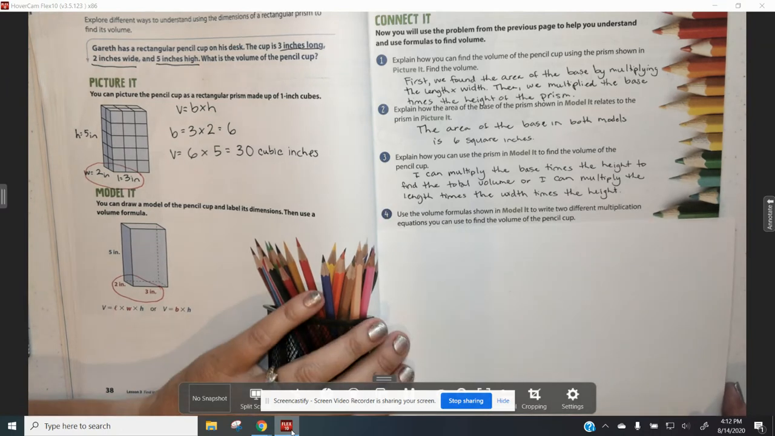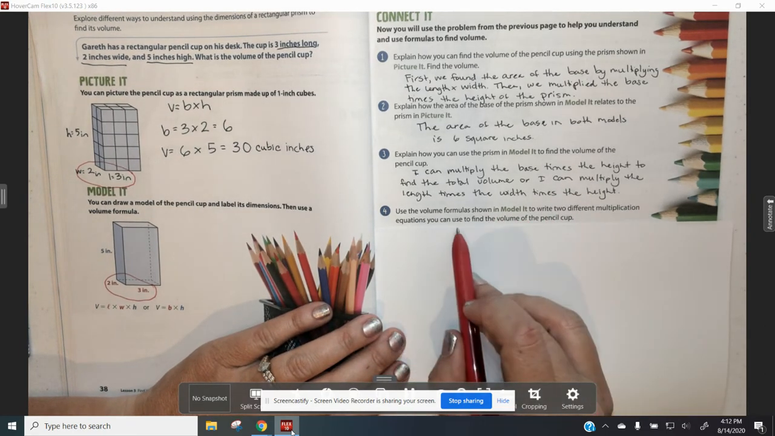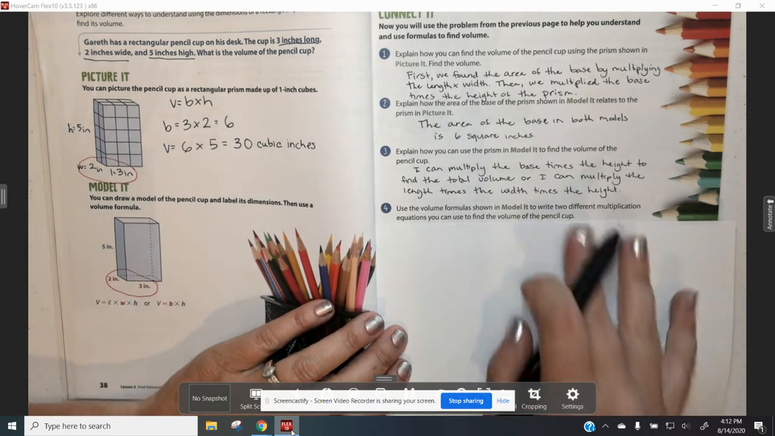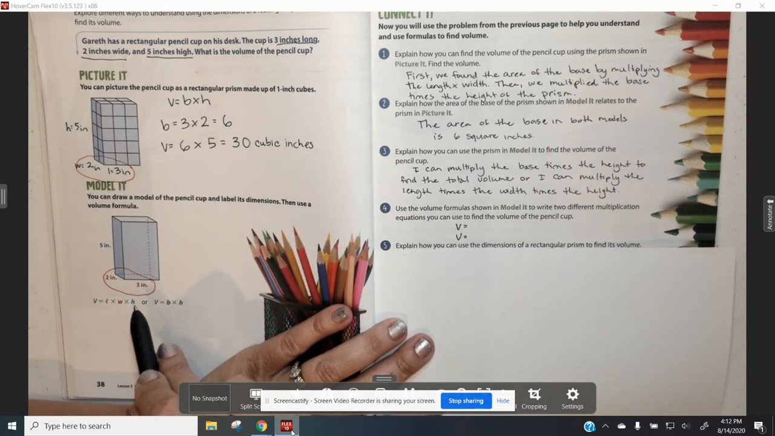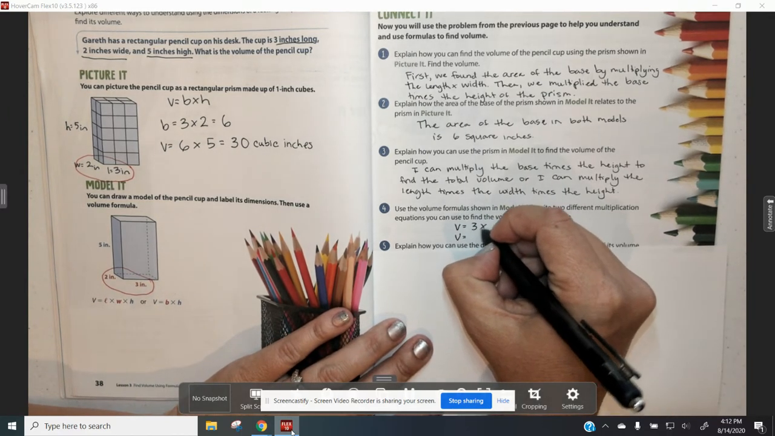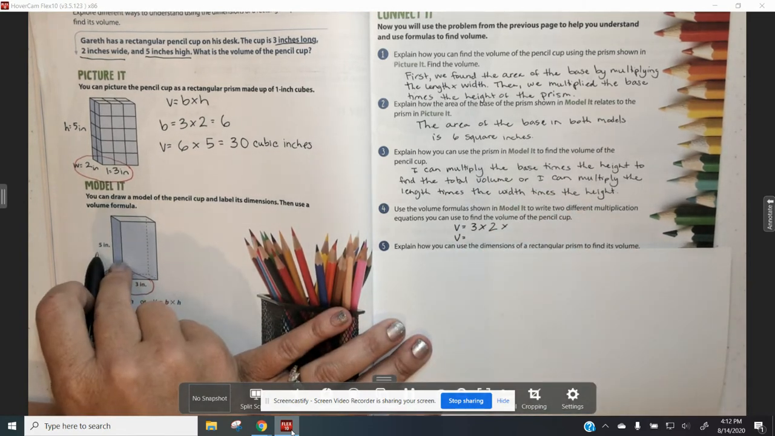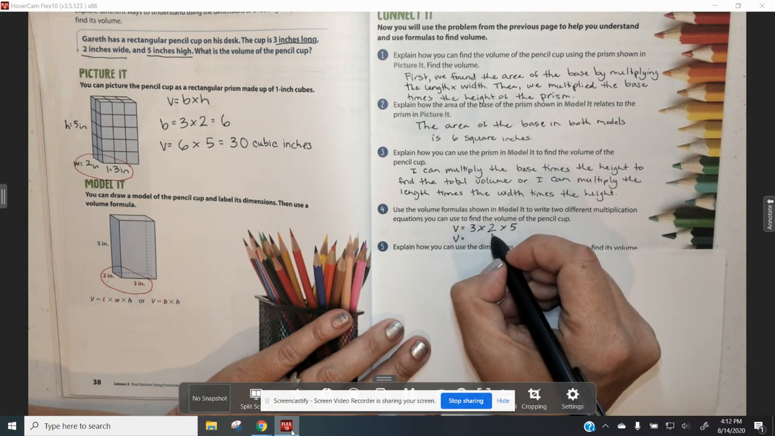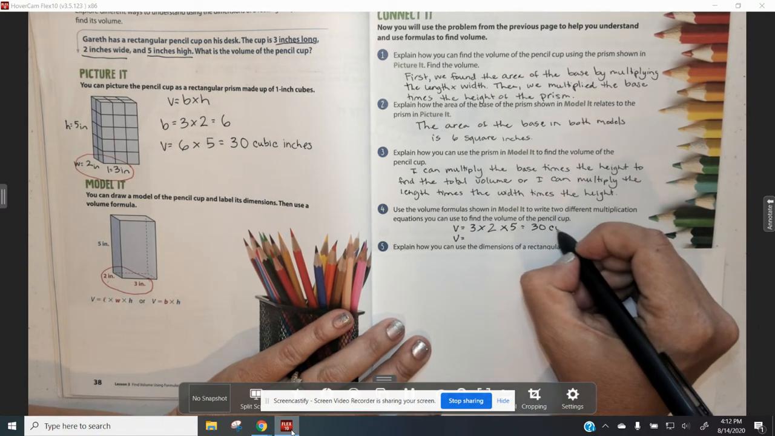Number 4, use the volume formulas and Model It to write two different multiplication equations you can use to find the volume of the pencil cup. So, the first way we could do it, let's use volume equals length times width times height. So the length is 3, the width is 2, and the height is 5. So 3 times 2 is 6. 6 times 5 equals 30 cubic